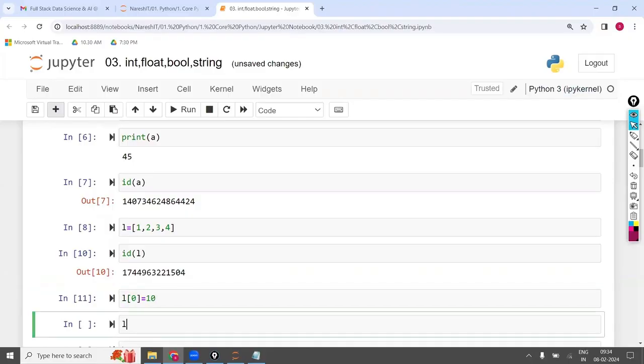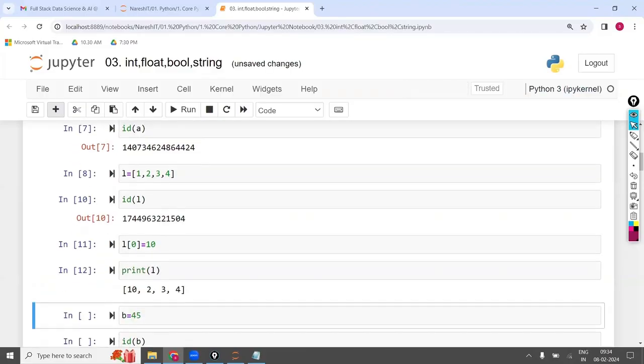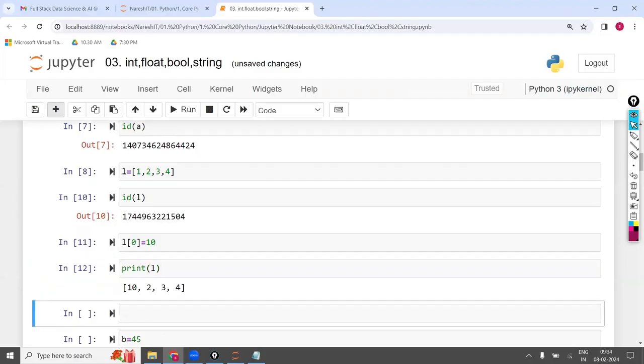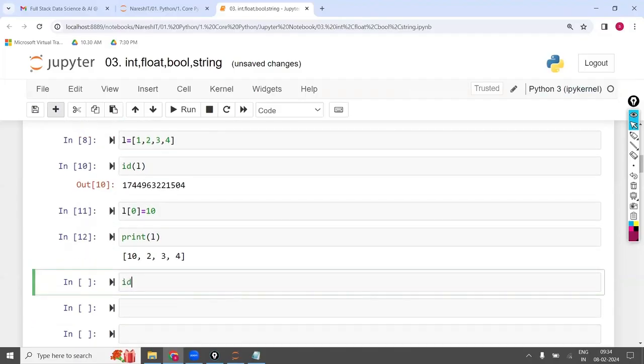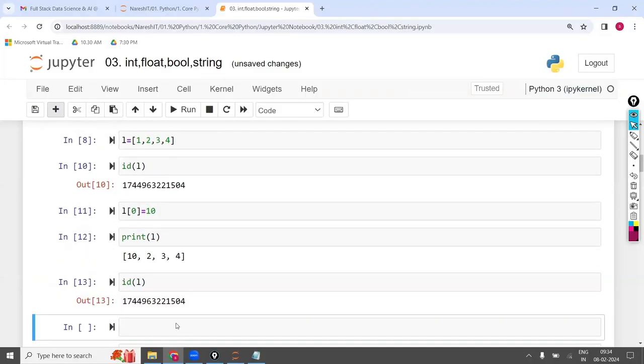Now if I print L once again, you can see the first value was replaced with 10. And if I ask what is the ID of L, you can see the same ID before and after. Though I first created 1, 2, 3, 4, and now the latest value is 10, 2, 3, 4, still the ID remains the same. Is the point clear?